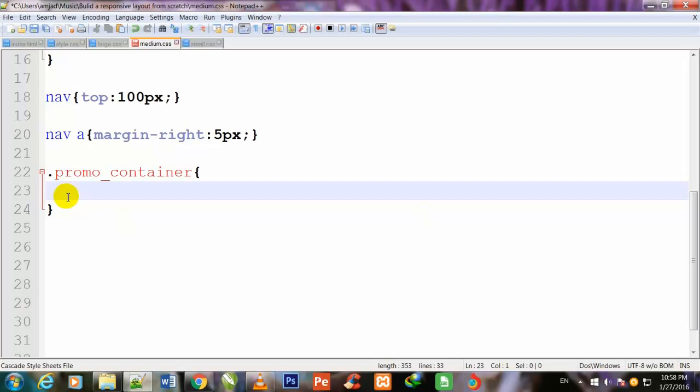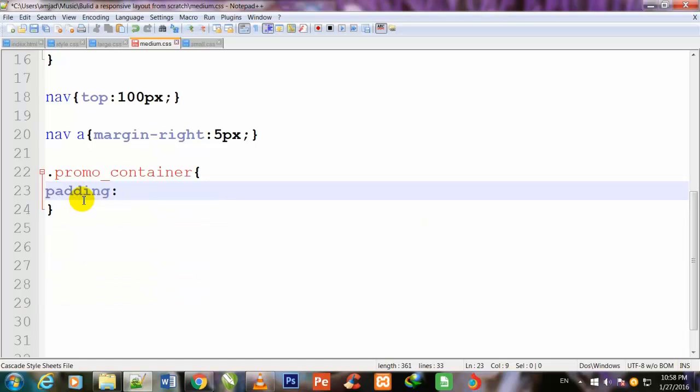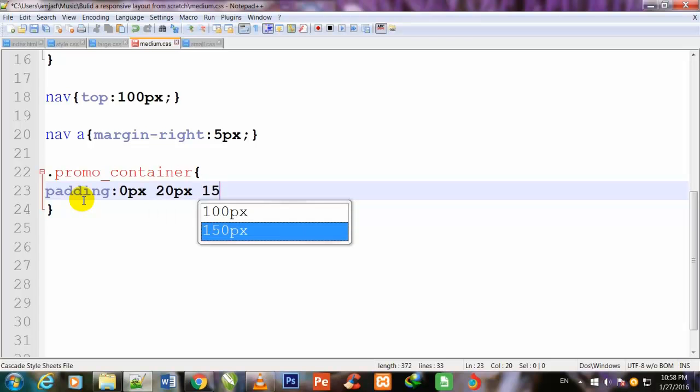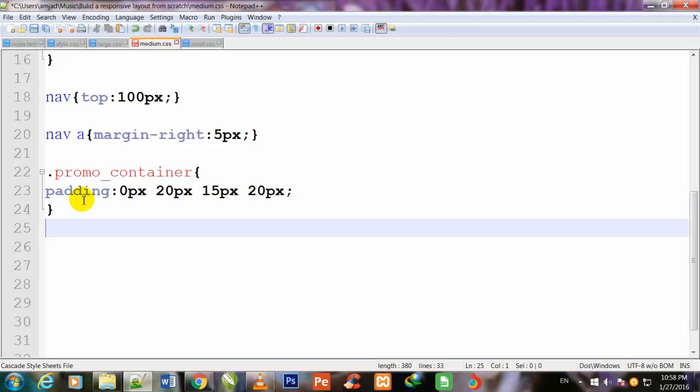Welcome back friends. The previous video was mistakenly stopped by me, so I once again begin to work over promo_container. So friend, in the class, first of all I define its padding: 0 pixel from top and 20 pixel from right, 15 pixel from bottom and 20 pixel from left. So I come out of this